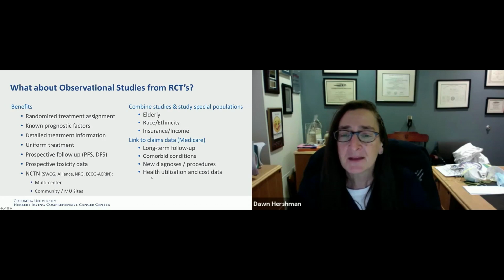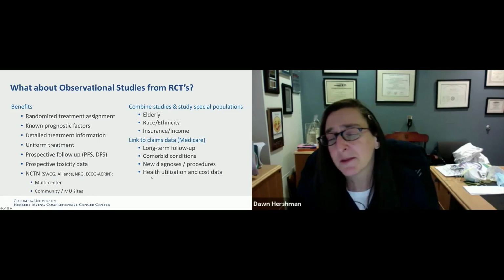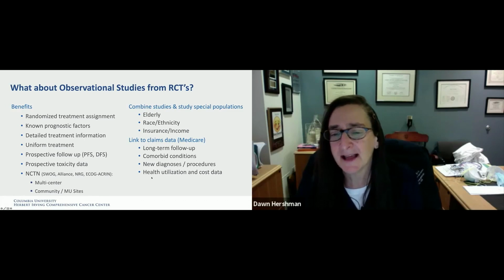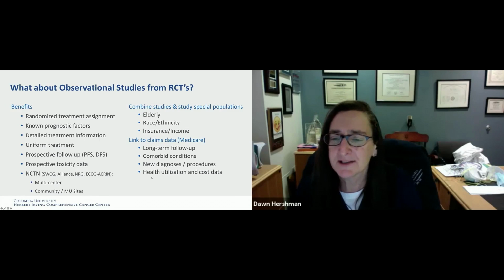And another thing you can do is try to link them to claims data, such as Medicare claims. That can allow you to collect data that you might not necessarily collect in a prospective trial, such as long-term follow-up data, comorbidity data based on claims, new diagnoses or procedures that may not be captured in randomized trials,